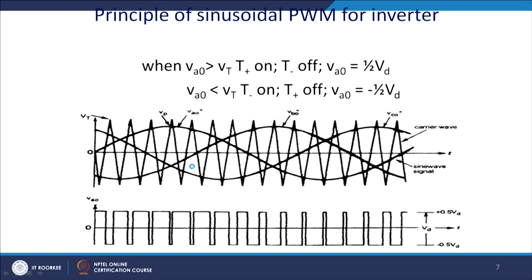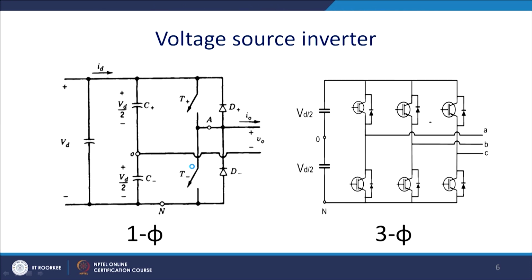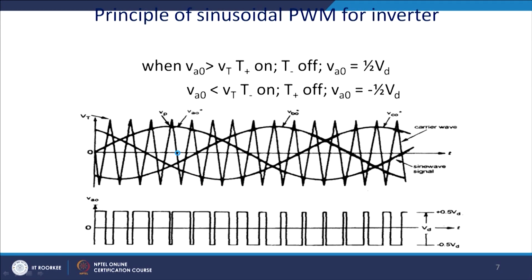Let us now see the functionality or principle of operation of the inverter. Please go back to this circuit and see which switches are mentioned. These are half bridge combinations, and in half bridge combinations the average voltage applied across is VDC by 2. This is the upper switch and this is the lower switch. Our upper switch is marked as T plus and the lower switch is marked as T minus. Now, see what the logic is.